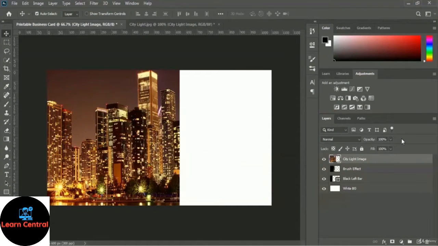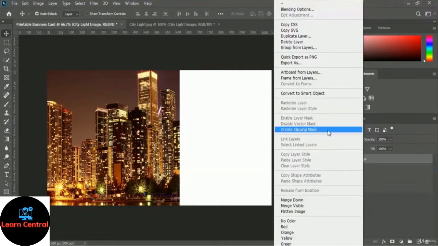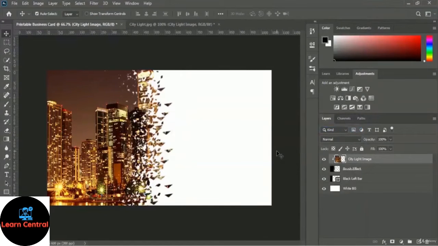And right now we will create a clipping mask. To create clipping mask, you just have to right click on your mouse, and let me right click my mouse on this city light image layer, and then you will get this create clipping mask option. So I'm selecting this create clipping mask. Boom, magic. So you can take a look, a new style is appeared,